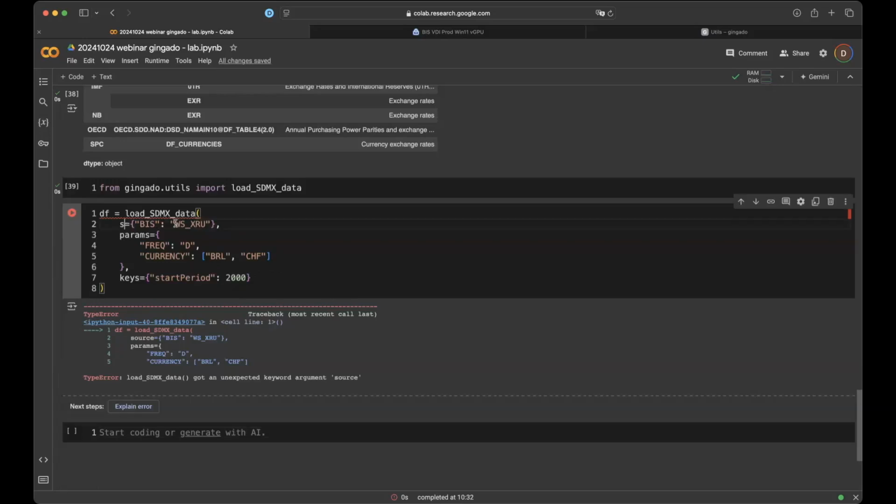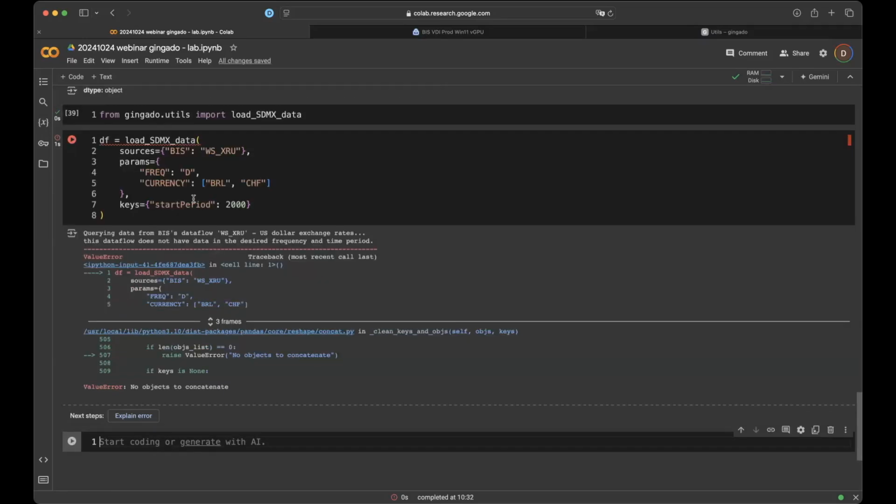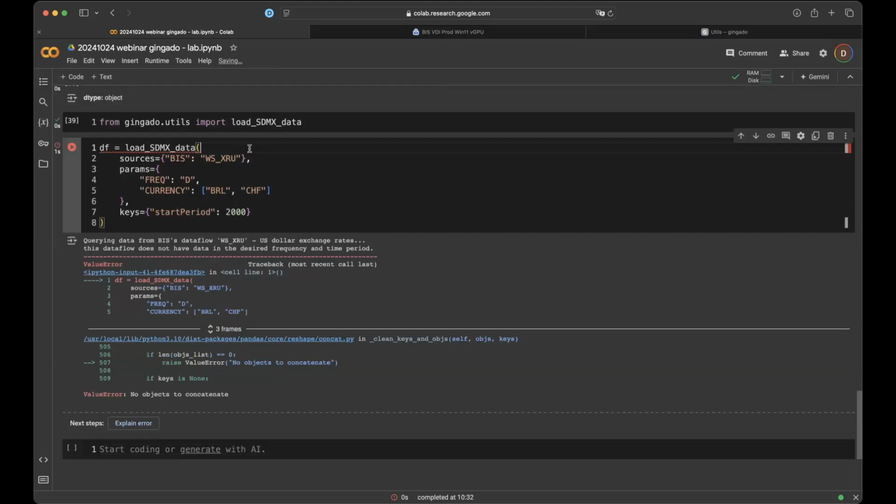One reason is that some data providers include as part of the data flow sub-data flows, one for each frequency. So in the case of the BIS, all we need to do is append an underscore D here, and then we're talking about the daily exchange rates, and now it should work. Okay, so